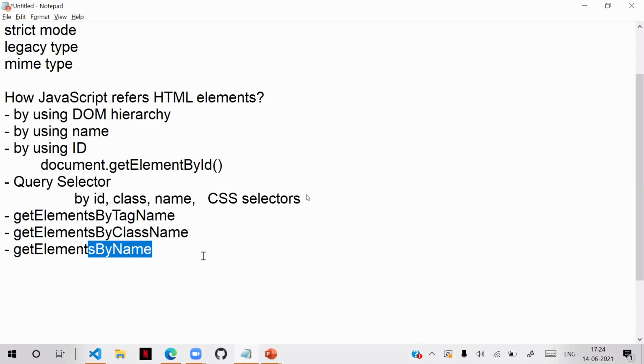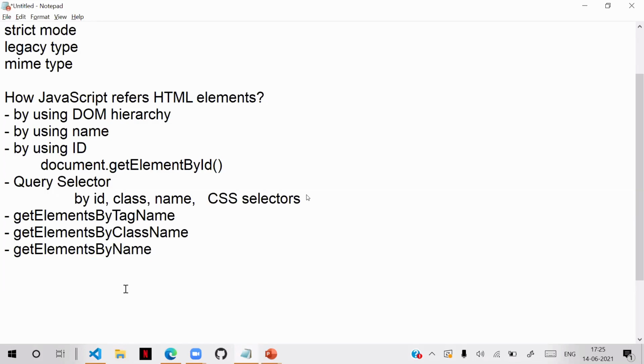So generally, when you are dealing with and working with the JavaScript reference techniques, it depends on the situation and the requirement. That means you want to use the ID or name or DOM hierarchy and the query selector, tag name, class name, names. These are all the various methods.